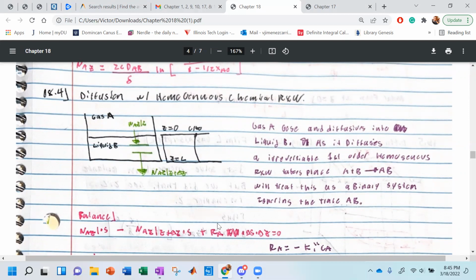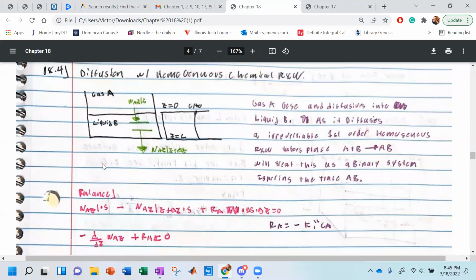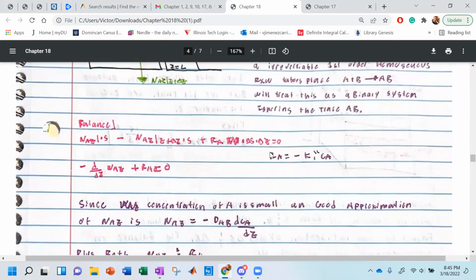So we're going to add R_A, just like we did in Dr. Taymor's class, because Dr. Taymor showed us that R_A is the rate of reaction of a homogeneous reaction, multiplied by the volume of the system, which is delta S times delta z, equals 0. In a similar sense, we also remember that the book told us nicely that R_A is equal to negative k1 double prime times C_A, which is the same thing as saying that we can replace this R_A with this R_A value down here, divide by S, take the limit, and you get negative d/dz of N_Az plus the reaction term